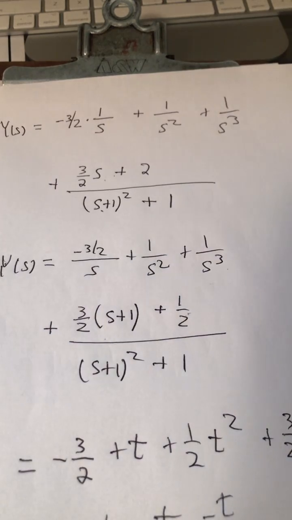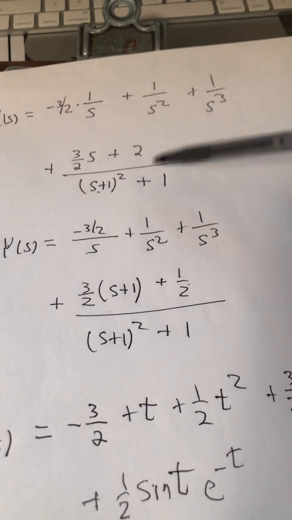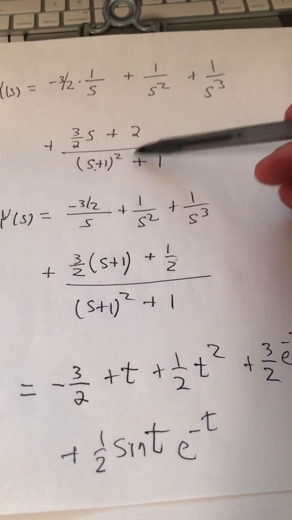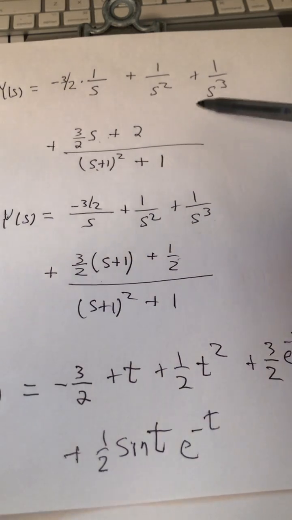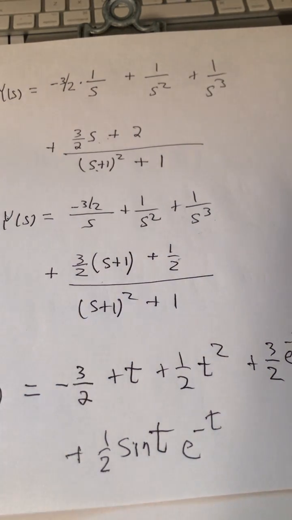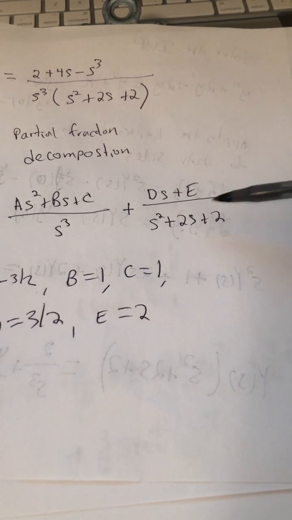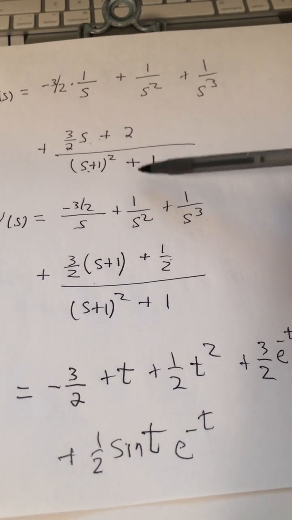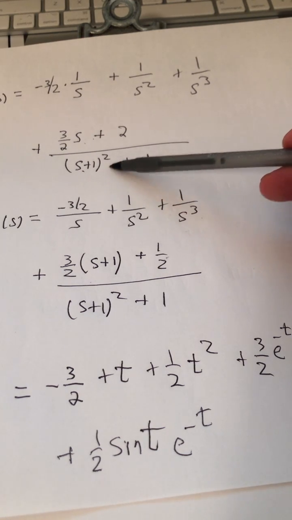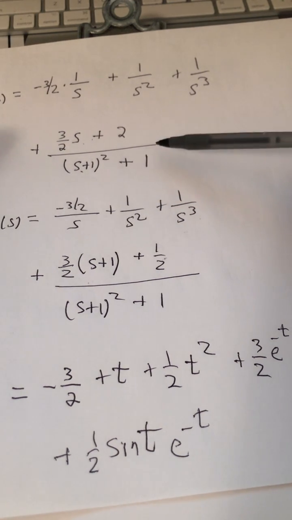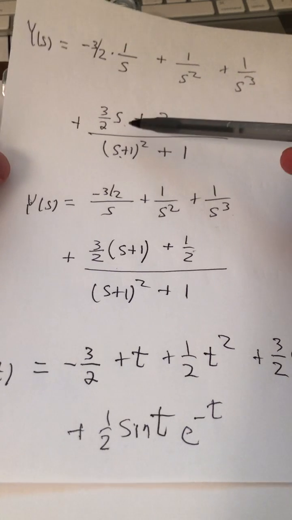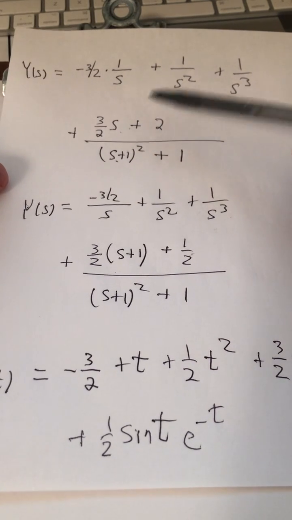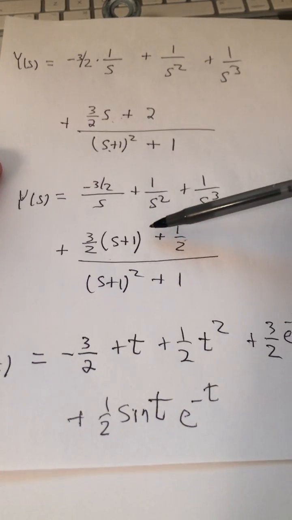Now, there's a little bit of work for us to do on this last term. Notice that what we had to do was complete the square. S squared plus 2s plus 2, we're going to rewrite that as s plus 1, the quantity squared, plus 1. So what I need is for this s to be in terms of s plus 1. So rewrite s as s plus 1, and when you do that,